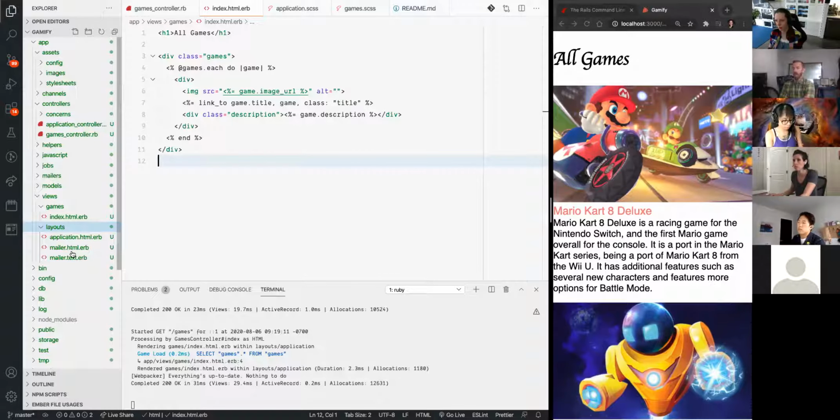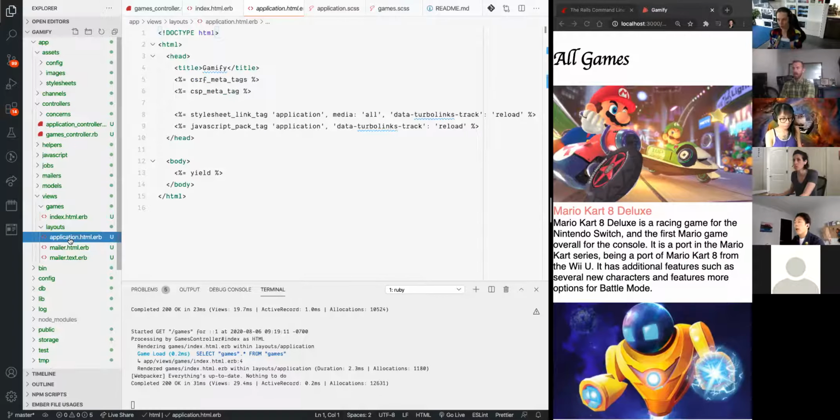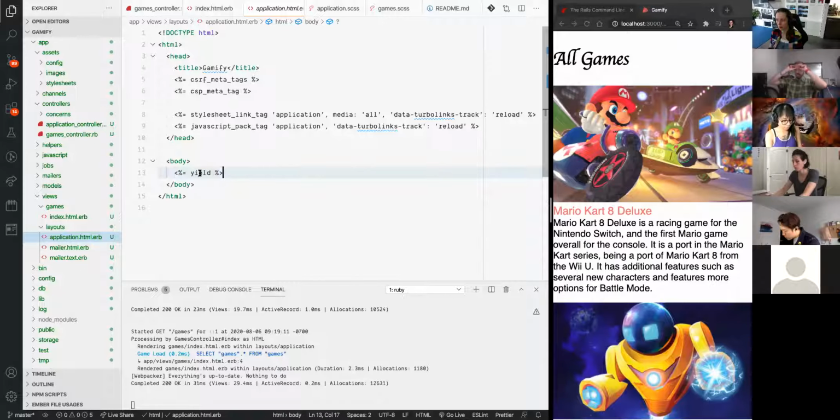We're not going to worry about these mailer layouts too much, but this application.html.erb is important to us because it contains the layout for our entire application, everything that the user sees. You can see this line 13 here that says yield, right? This means that every time we visit a page, if we visit the index page or the show page,